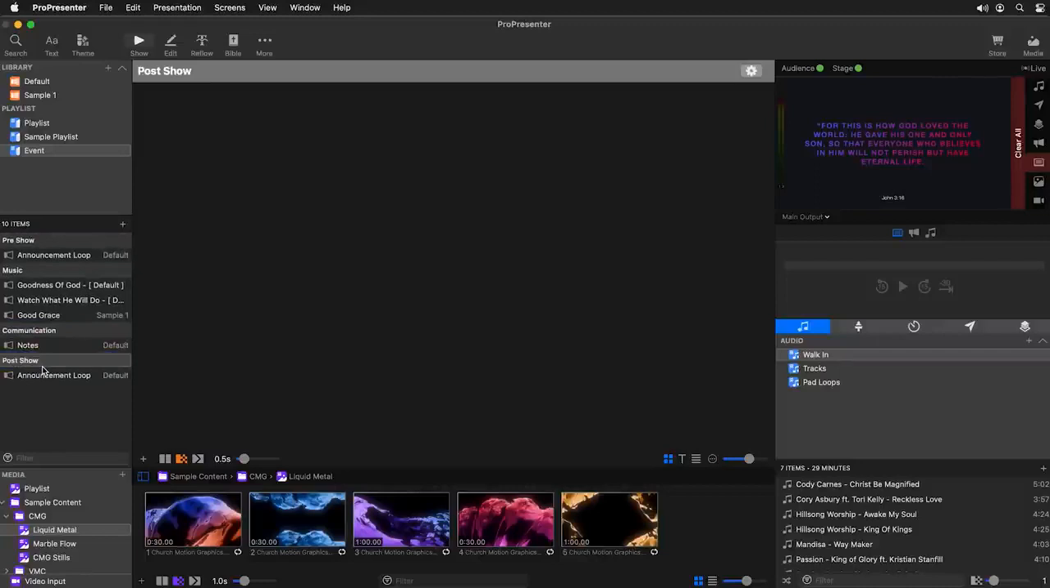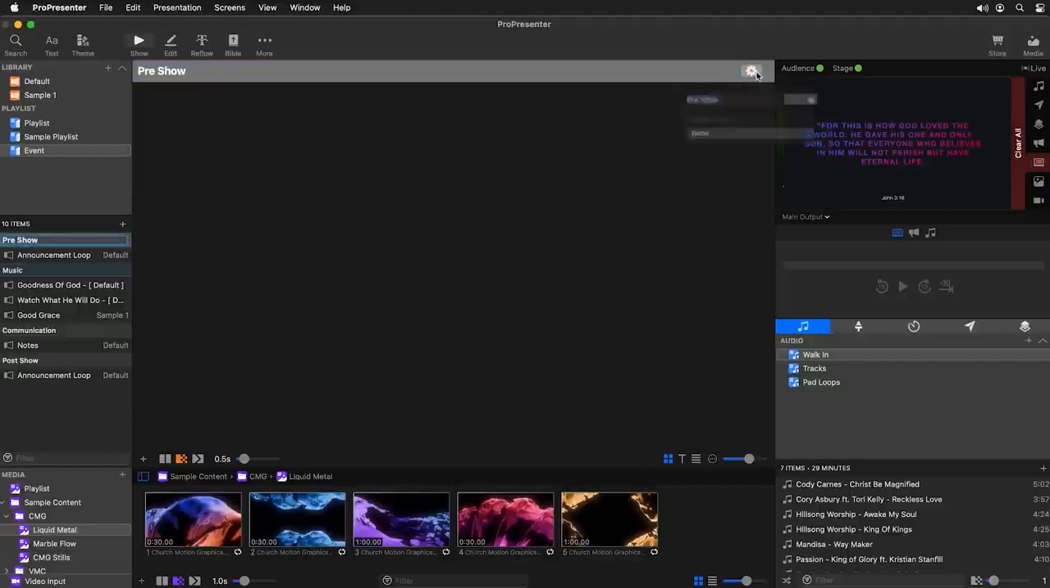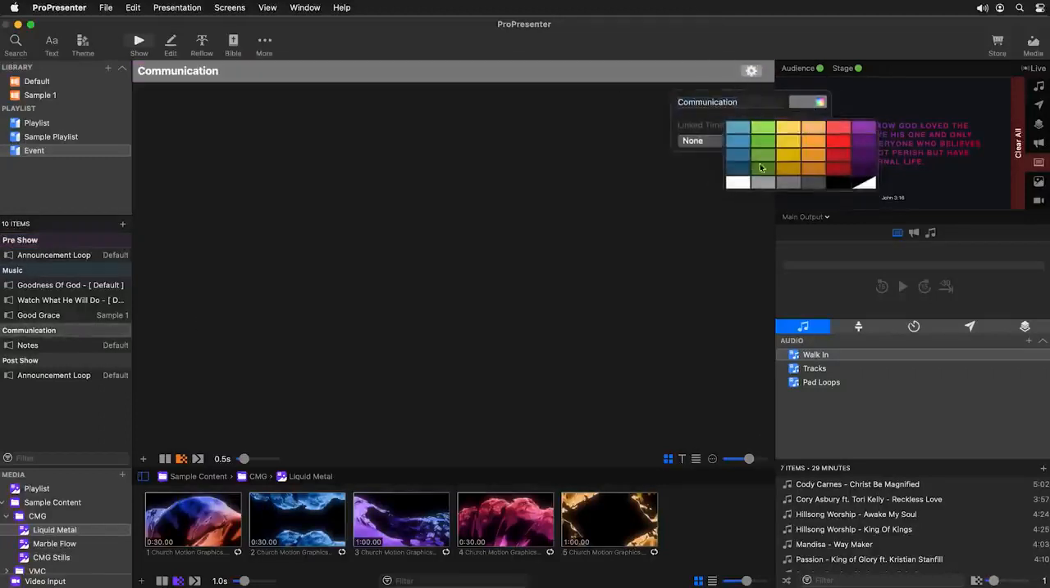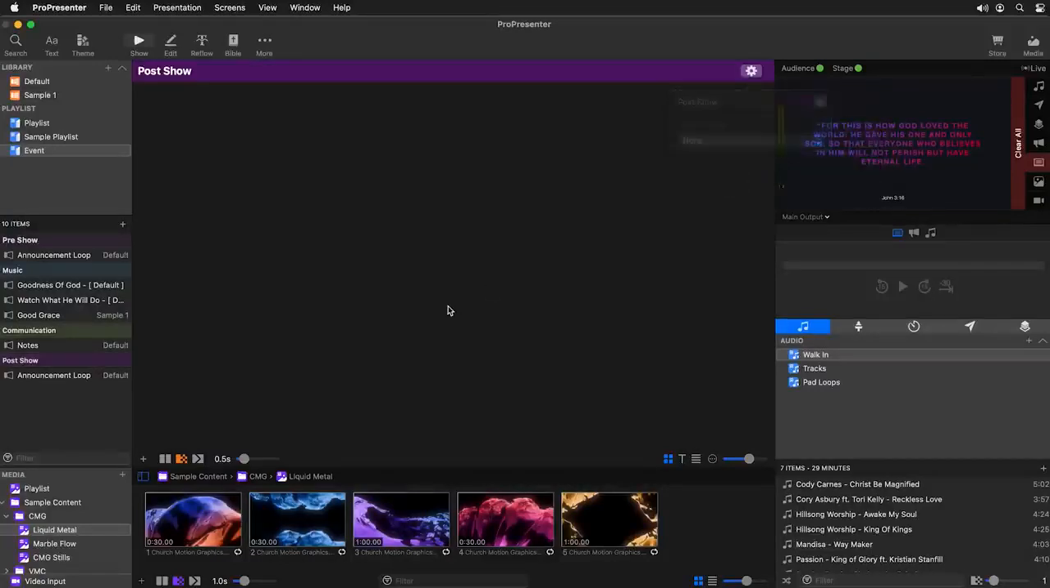You can also change the color of these headers by selecting a header, and then we can click on the gear icon here and we can choose a color. So I'm going to choose a blue color for our music, and then maybe for our pre-show we could choose that one and do a purple color. And then for communication we could maybe make that green. And you can choose whatever you want. I'm just picking some colors here, and then for post-show, we could go back to that kind of purple color. So now we have a few different headers in here that are colorized that help break up our playlist and help us more easily see what's happening in each